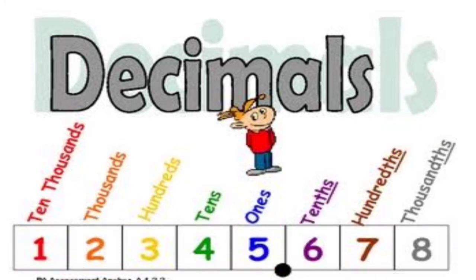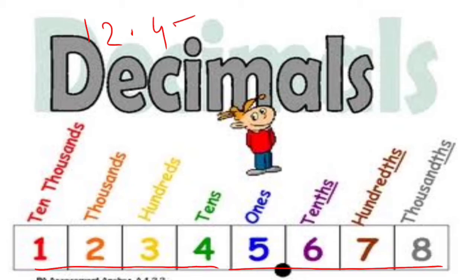Let us take some examples in which we have to put a number in our decimal place value chart. How can we put a particular number in this place value chart? For that you have to make this type of chart and mention the values, and I am giving you a number, 12.453. How will you represent this number in this place value chart? The point you place here, and then you write the numbers from left to right: 4, 5 and 3, and here we write the whole number as 1, 2. So this is our place value chart in which 12.453 is represented.